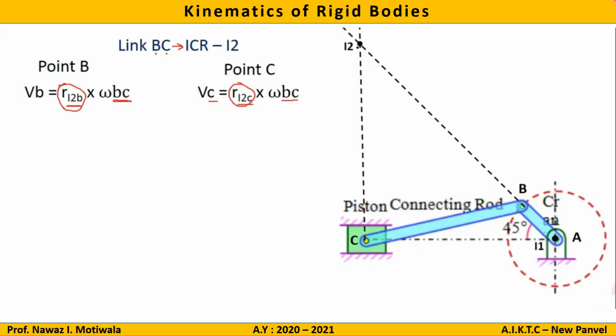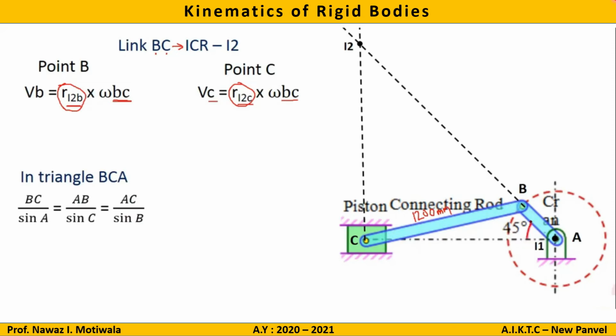For that, I need to consider this triangle I2BC. But for I2BC, I am given in the question that this BC length is 1200 mm. One length is already given to us. Now let us see by geometry, can we find out the other things. Now let us consider this triangle. In triangle ABC, length AB is also given to me and length BC is also given to me. Two lengths are given and also one angle is given. So let us try to apply sine rule.